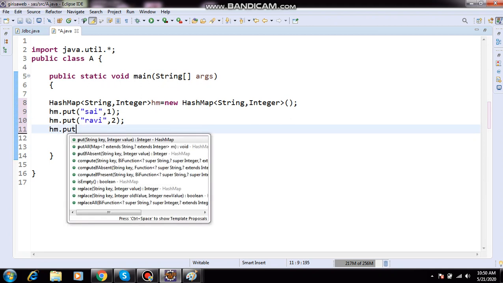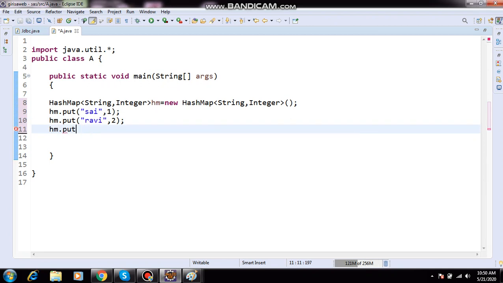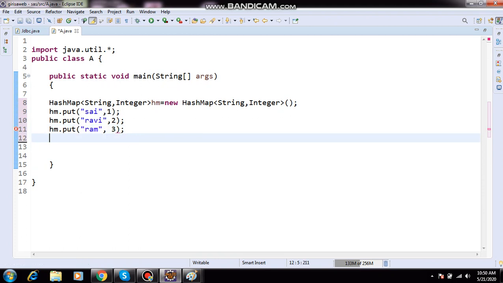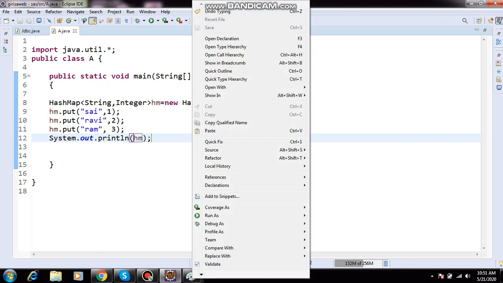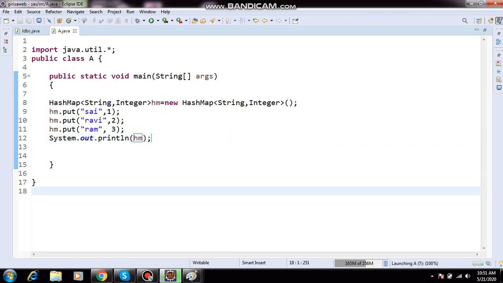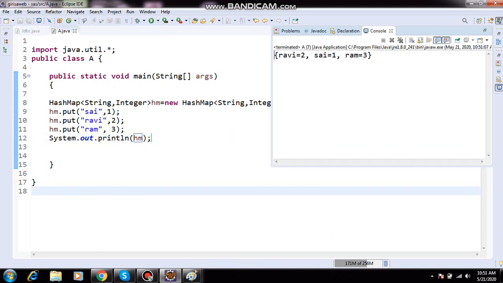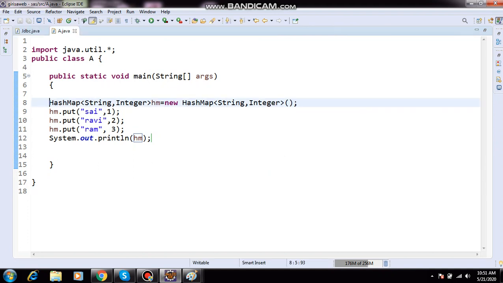Next I'm giving hm dot, system dot. See, hash map is not following any order of the elements. Now if I give linked hash map,